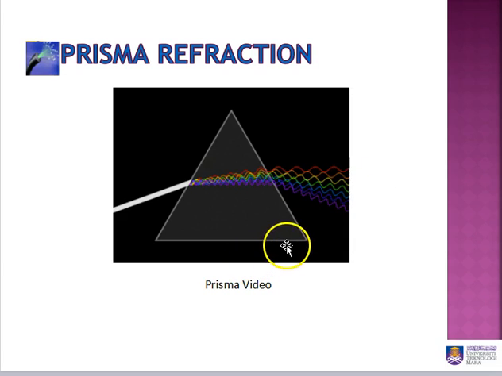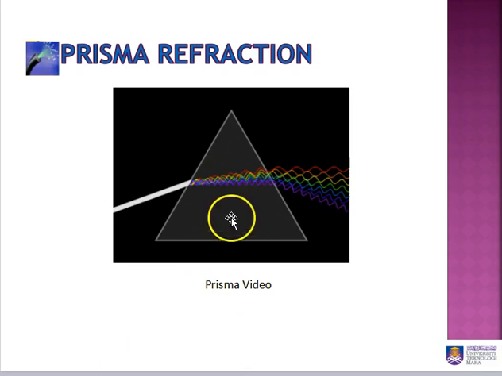For example, sunlight, which is normally called white light because it contains all light frequencies, is affected as it passes through a material that is denser than air. Refraction occurs at both air-glass interfaces, both ways. If you can see here, the refraction occurs here, and also the refraction occurs here, at the interface between air and glass.